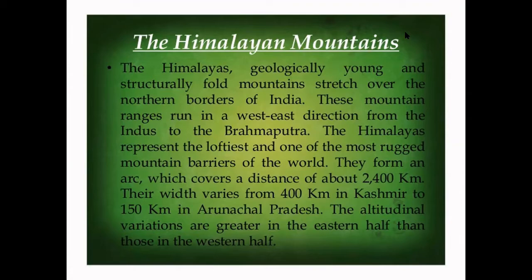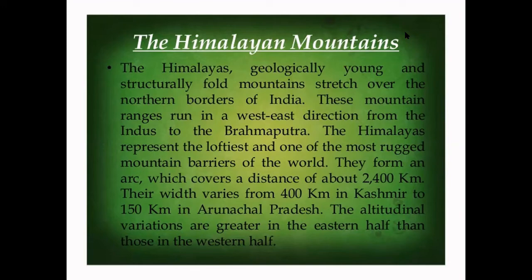So you can clearly see that the altitudinal variation is greater in the eastern half than in the western half. Now the Himalayas consist of three parallel ranges